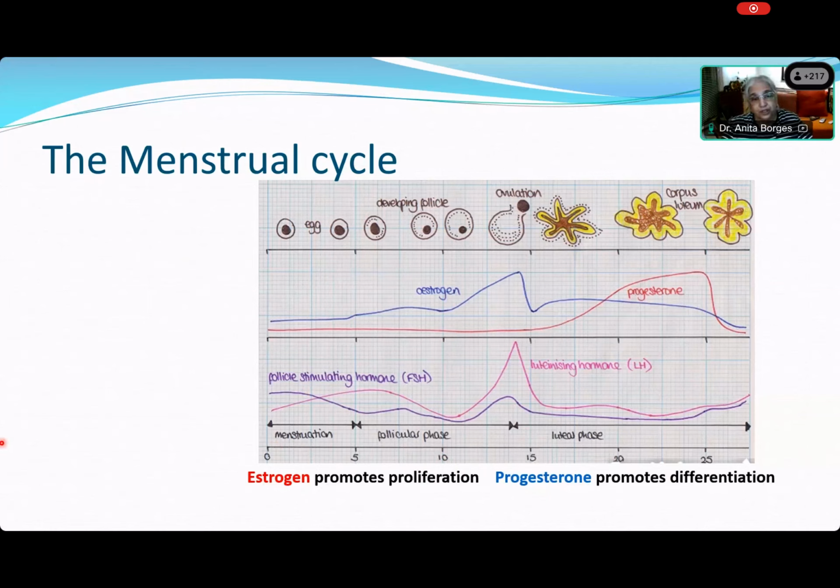So remember this, please. Estrogen promotes proliferation. Progesterone promotes differentiation, but please mark my words, it promotes differentiation only if it has been primed by estrogen. So you have estrogen, which has promoted proliferation, and to that system, as you see over here, through the luteinizing hormone, ovulation has taken place and progesterone is now being produced from the ovary, which acts on an estrogenized endometrium to produce differentiation in that endometrium. That is what we call the secretory phase.